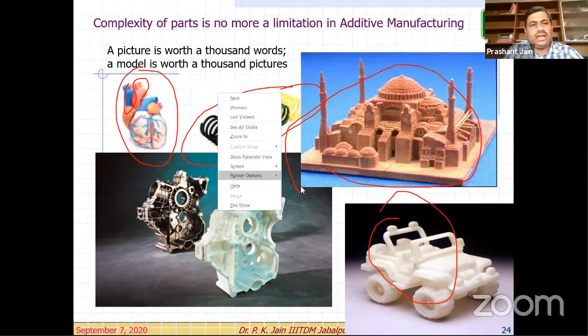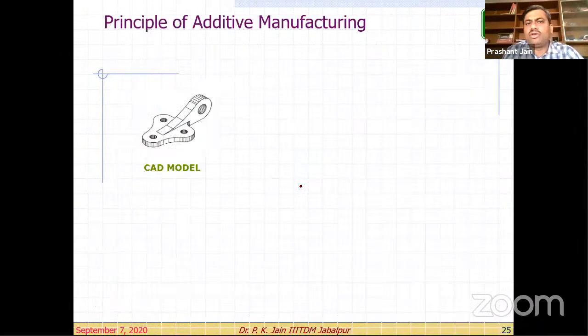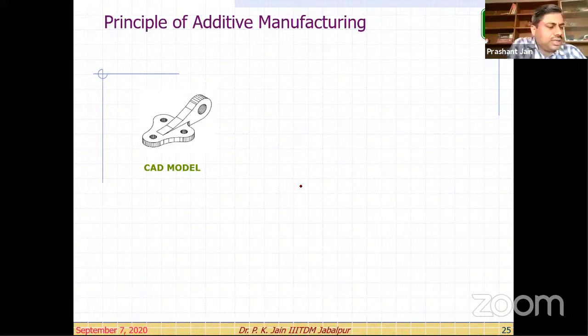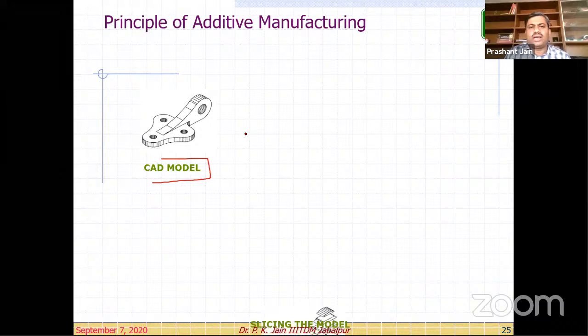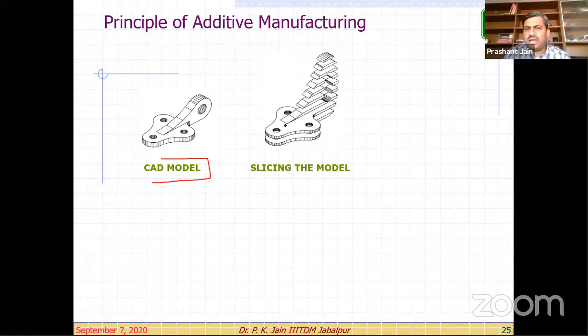Okay. Then let's come to the principle of the additive manufacturing process. If we design something, we can have this kind of CAD model, maybe in ProE, maybe in CATIA, Unigraphics or AutoCAD or anything. So once we have the CAD model, as we talked about the process, we want layered information, right? Our task is to get this kind of contour layer information. So we want a cross-sectional contour of a product.